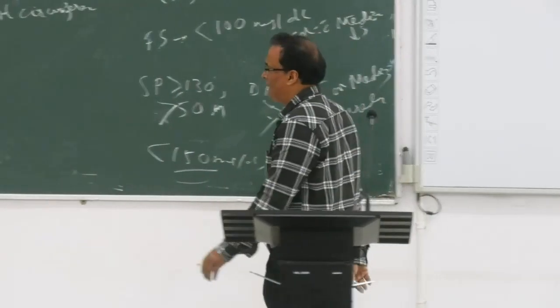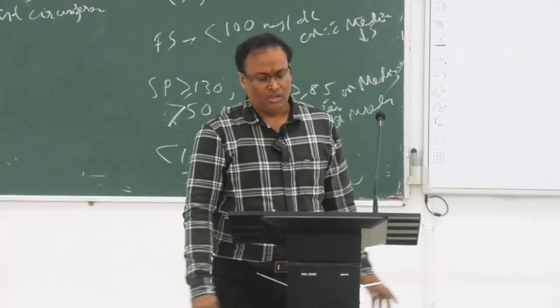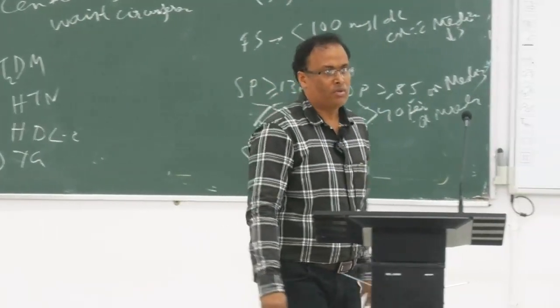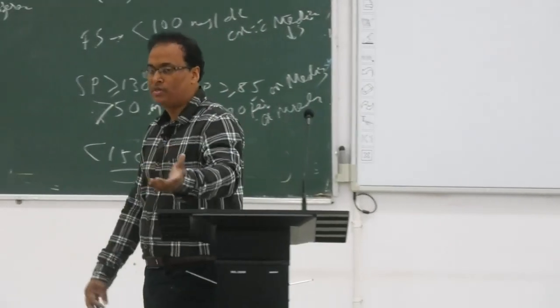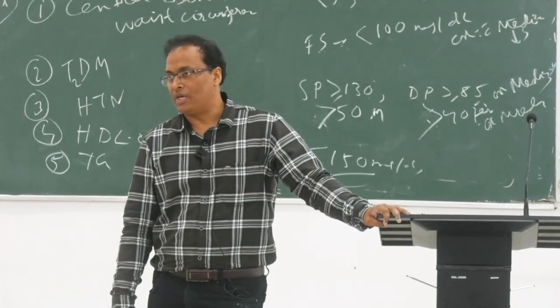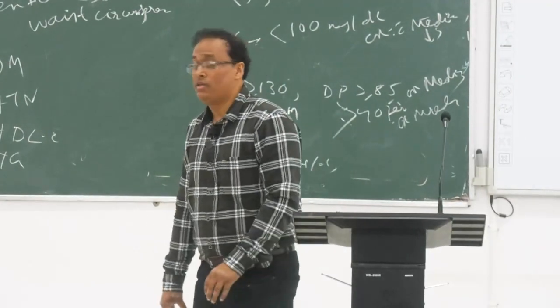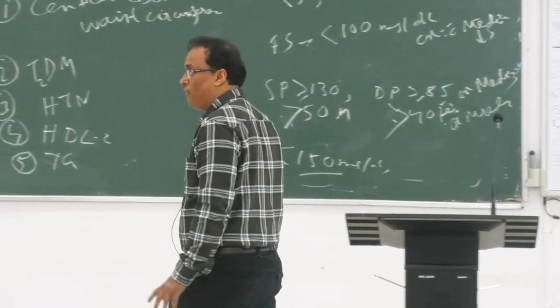Now there are some debates. Why in these 5 is LDL cholesterol not taken? My question is like that. You can ask also why LDL cholesterol is not taken, number 1. Number 2, why is the high sensitivity CRP level not included, right? Because you already know insulin resistance is an important cause of metabolic syndrome, and the causes of insulin resistance are hyperinsulinemia, stress and inflammations. So for the inflammations we can detect easily by seeing the high sensitivity CRP levels. So why is it not present? Probably it will come. It has not come till date, but the debate is going on.